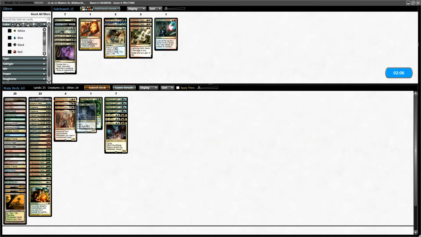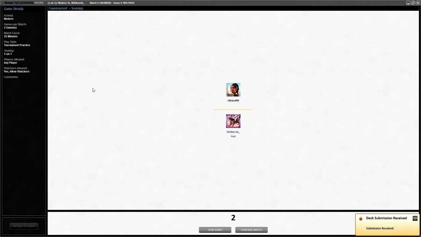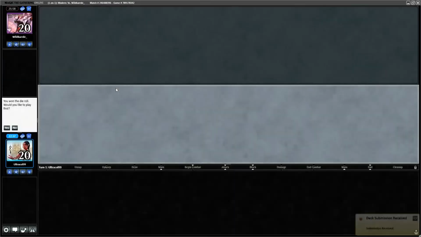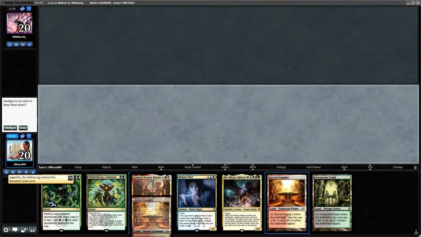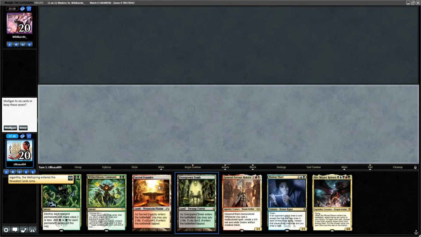Do you put in the Notion Thief in the main board? Yeah. And then we take out a Tyrant Scorn. I don't think that does enough. Yeah, we'll see how that goes. Yeah, this is a fringe deck that we are not prepared for. But these things happen, which is the beauty of Modern, is the fact that we won't get just sidetracked by one...